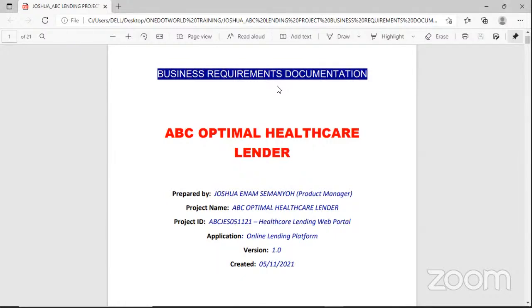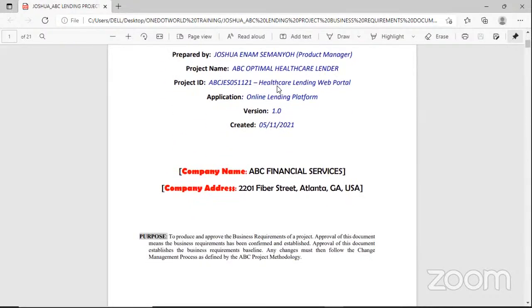So this business requirements document is the first draft, and it represents version 1.0 of the ABC Optimal Healthcare Lender application. So I'll quickly take you through it.